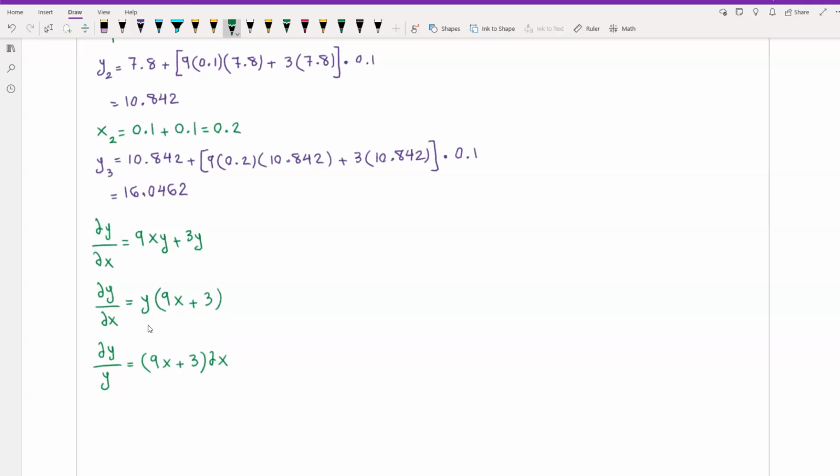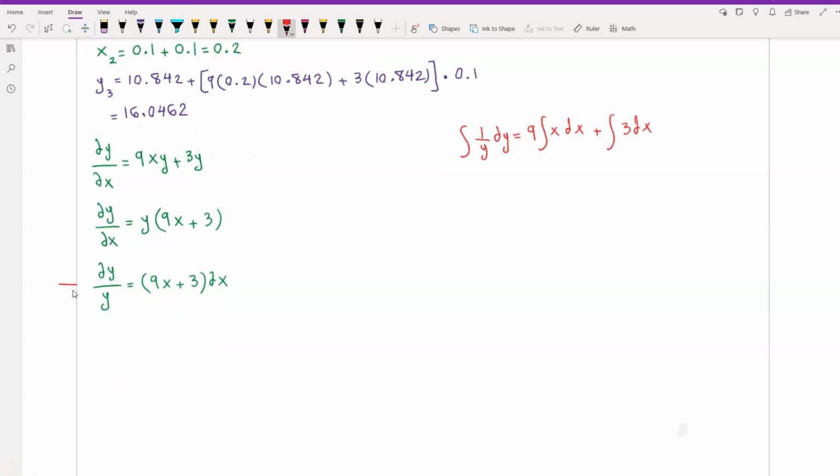Now factor out y on the right side. So dy over dx is equal to y times 9x plus 3. Divide both sides by y and multiply both sides by the differential dx. So what we have here, dy over y is equal to 9x plus 3 times dx. So using what we have here, for dy over y, set up the integral on both sides